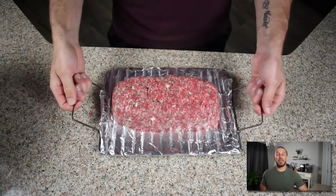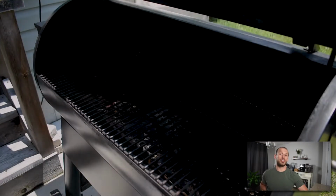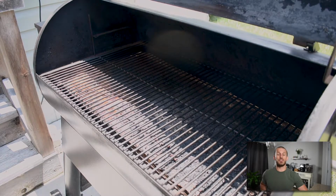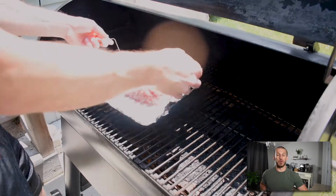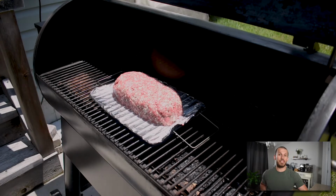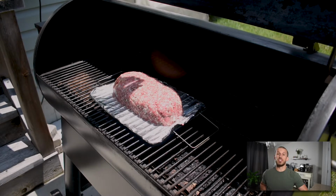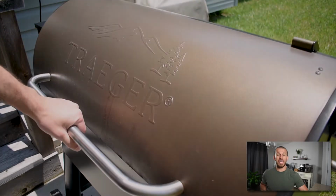So now that our gyro meat is ready to go, let's head out to our smoker. Today, I have my Traeger smoker at 325 degrees, and it's filled with a nice blend of fruit wood, like apple, cherry, and maple. I'm gonna cook this lamb meatloaf for about an hour, hour and a half, or until it temps at 165 degrees. If you don't have a smoker, then just stick the loaf pan into your oven and cook to